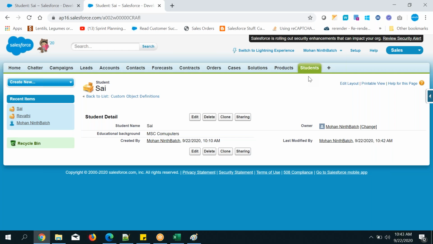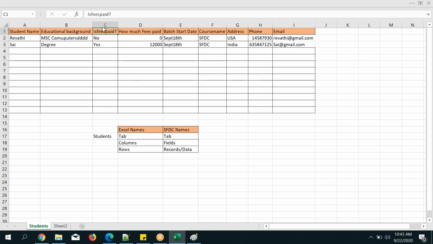Tell me guys, you need to tell. Then only I came to know you understand very well. Go to setup, go to student object. So tell me actually what we are going to do. I want to create a field. For which object? Student object. You need to create this field for the student object. So to create this field, you need to go to that object, and again you need to create a field under the custom fields, right?